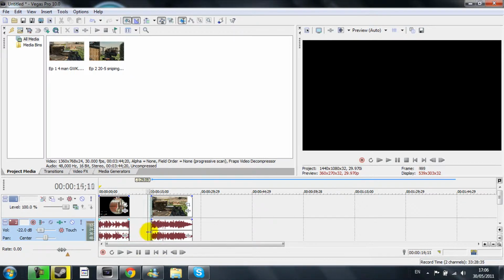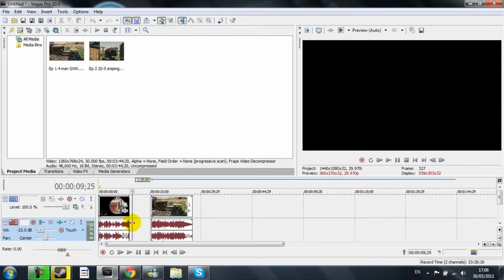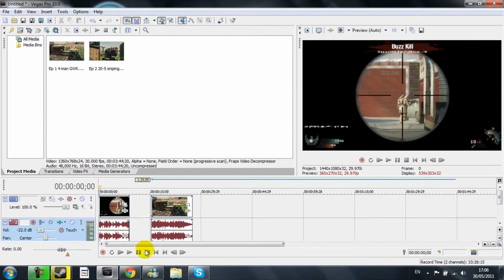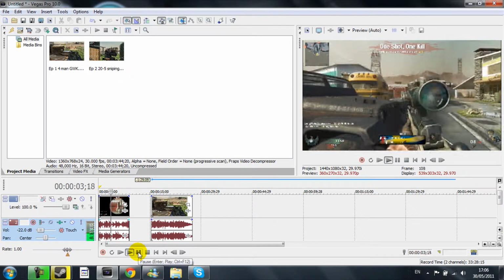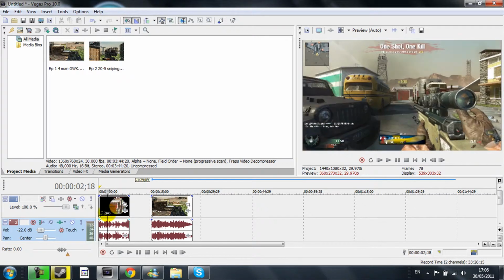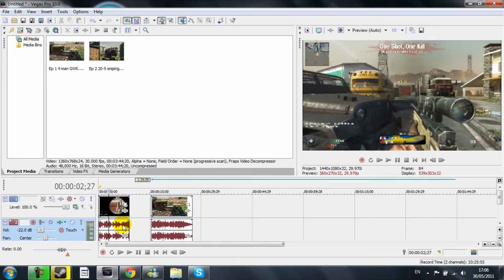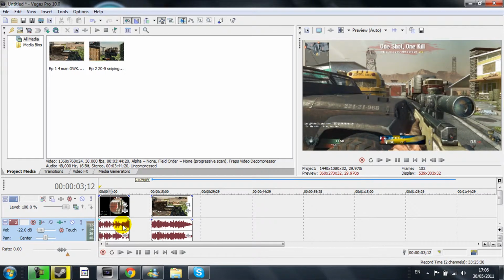So what I have so far in Sony Vegas right now is just two pretty basic clips, and I want to create this cookie cutter transition between them. Look, where I get a shot, which is here, and then I wait for it to scope in, and that's when I want the transition to be. So if I find where it starts scoping in, pretty much here, then I'm going to split it at this place.